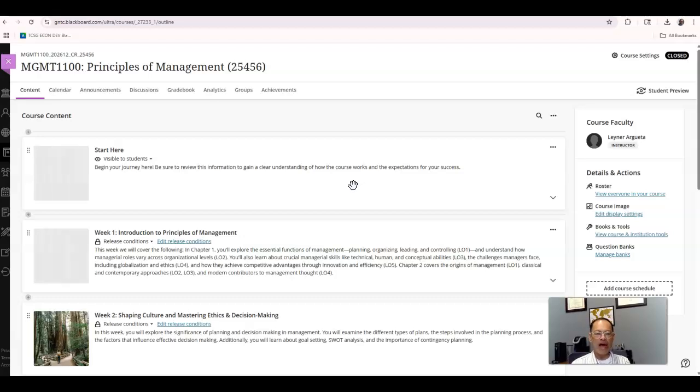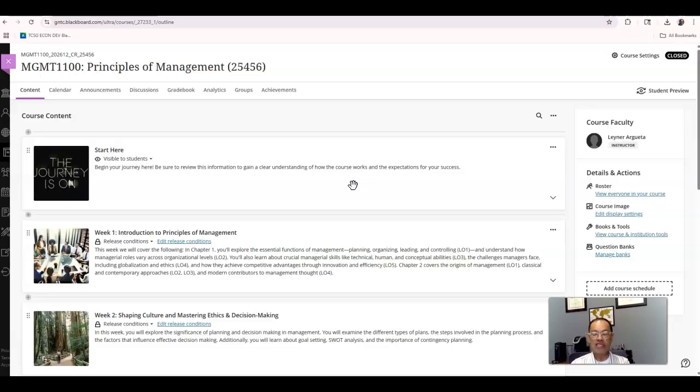I wanted to give you a preview of what to expect on a week-by-week basis, the expectations of what is going to happen these next 8 weeks. A couple of things you want to keep in mind. The folders that you're going to see open up on the 18th, so you will not be able to do this today or this week. You have to wait till August 18th when the class actually starts. The other thing is that the class is structured to open up week 1, week 2, week 3, based upon that week. So you won't see weeks 2, 3, 4, 5 on day 1. You'll only see week 1.